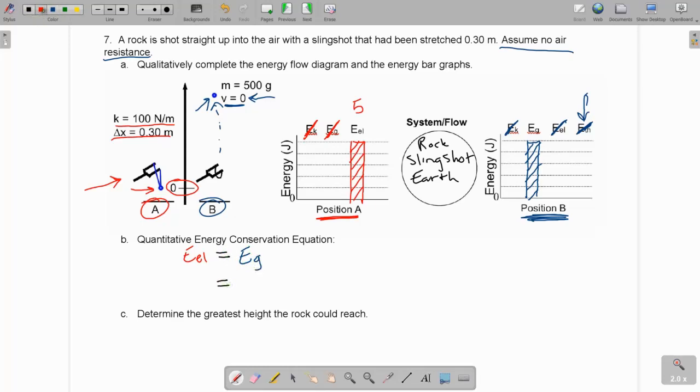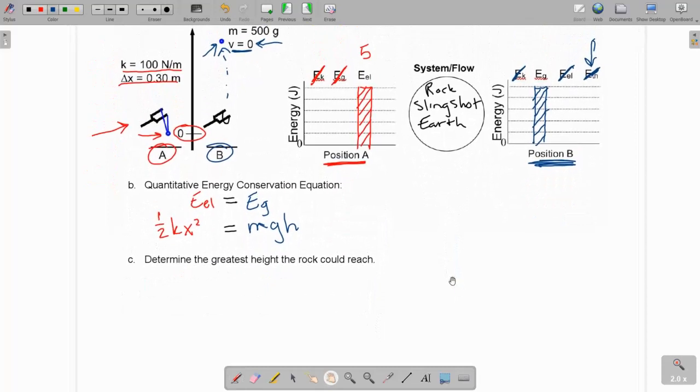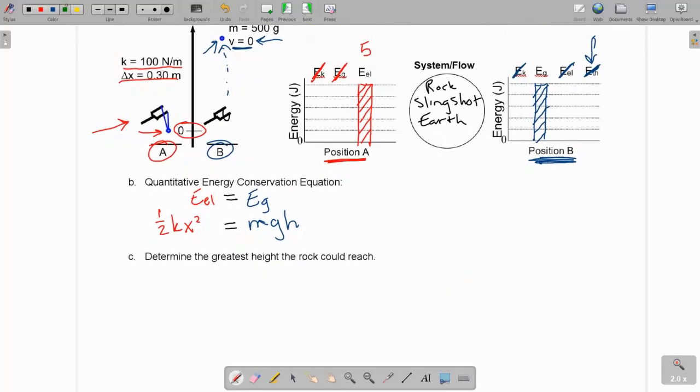So let's go ahead and write out those equations like we did before. 1/2 kx squared is equal to mgh, mass times acceleration due to gravity times the height. Once again, we can go ahead and sub in all of the values that we've been given here. This time we do have to leave this 1/2 in because it's not on the right side. So we're going to write 1/2 times the spring constant, which it gives us right here at 100 newtons per meter. Then we need to multiply that by the stretch squared, so 0.3 meters squared. And then that is set equal to the mass of the object, which is 500 grams, which would be